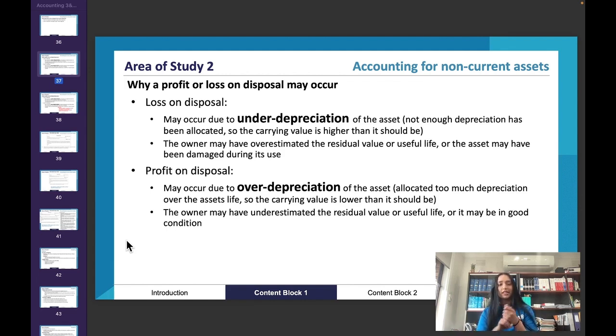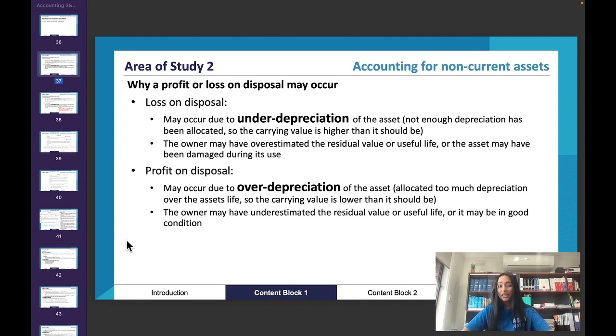So that's going to have two effects. First of all, the business isn't going to be able to use that van as long as they could have, because now that van has been damaged, the business might have to purchase a newer van earlier than they were expecting because of that happening. And second of all, that van is now going to have a smaller residual value, because obviously if you're selling a damaged van or a van that has just got into a car accident, you're not going to get as high of a sale amount. So if we're trying to sell a damaged van, we're not going to get as much money as if we were selling an undamaged van.